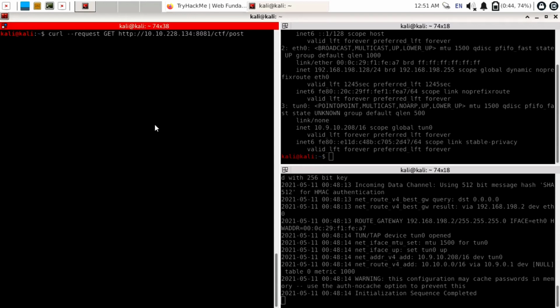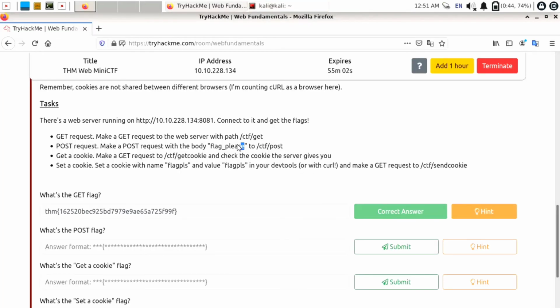So for that use curl --request as a POST, and they also told us to provide the body as flag please. So use here --data, use double inverted commas and copy that message, so it is flag please.